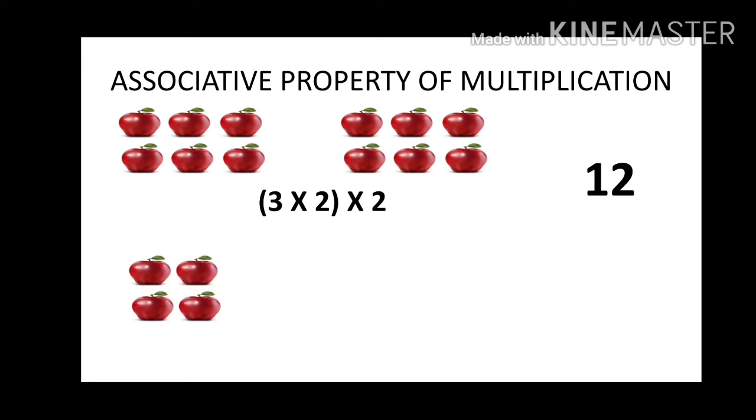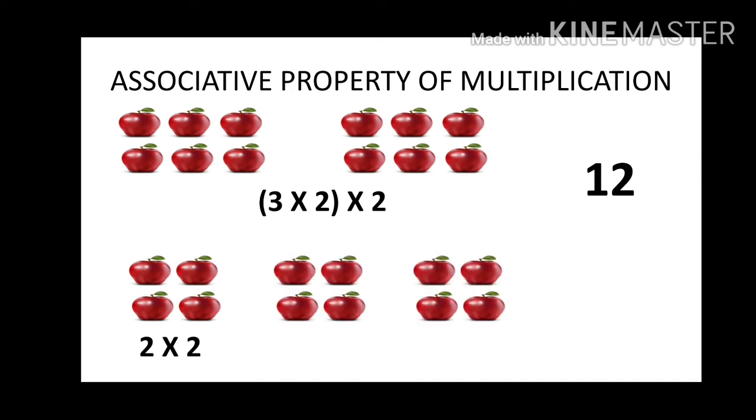Now here we can say we have 2 groups of 2 apples. 2 times 2, that is 2 groups of 2 apples each. Let's increase it. So I have taken 3 sets like this. So this can be written as 3 sets of 2 groups of 2 apples. That is also 12. So let's see it again. In the first case we had 3 groups of 2 and we have doubled it, so made it 2 times. So 3 groups of 2 is multiplied by 2.